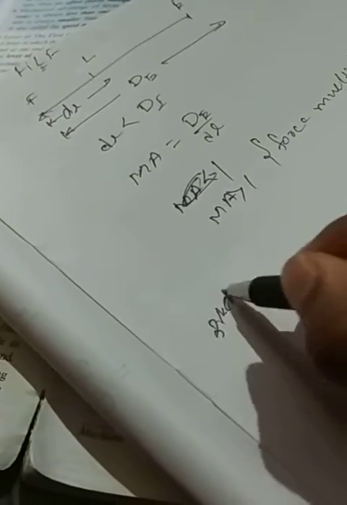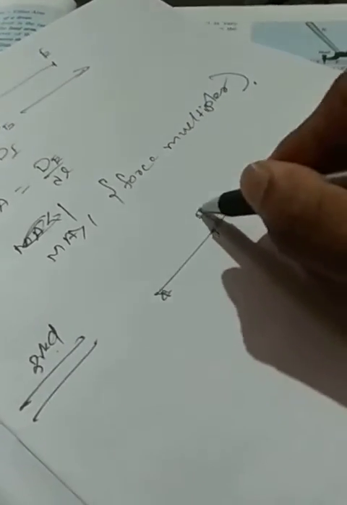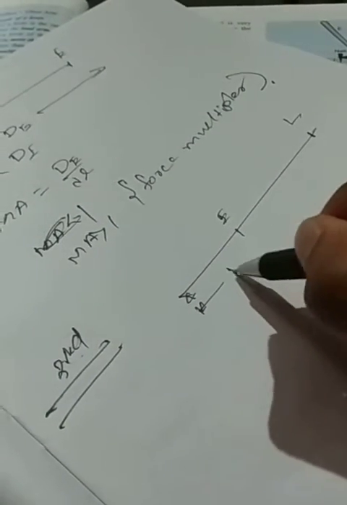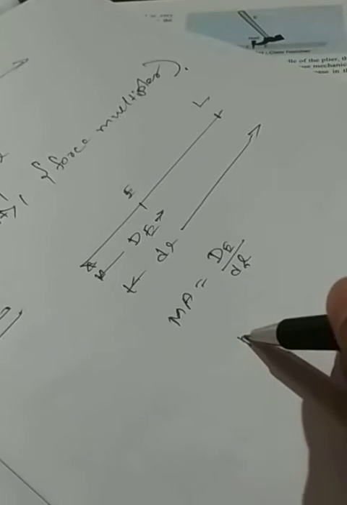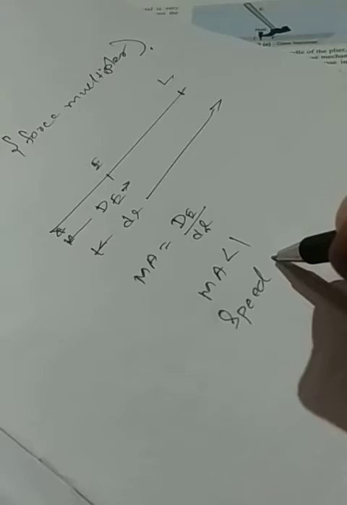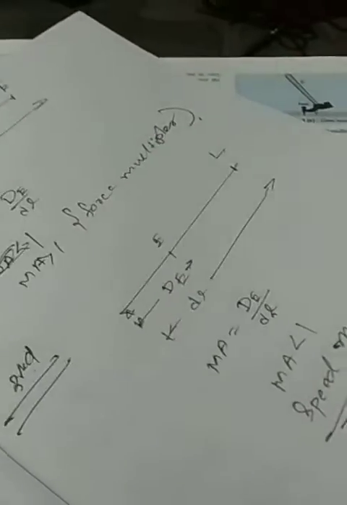Try to understand. Next, the third class lever. What is called a third class lever? It is the fulcrum, the effort, and then the load. Now see, this is the effort distance, this is the load distance. Now you tell me, mechanical advantage is effort distance divided by load distance. See, the down one is bigger. If the down one is bigger, it is less than 1. So if less than 1, it is called a speed multiplier. Remember, second class lever is a force multiplier, third class lever is a speed multiplier.